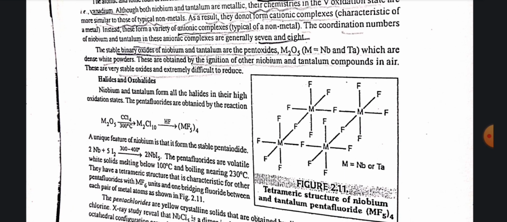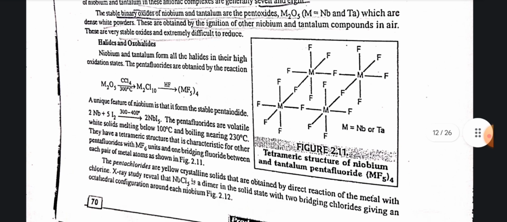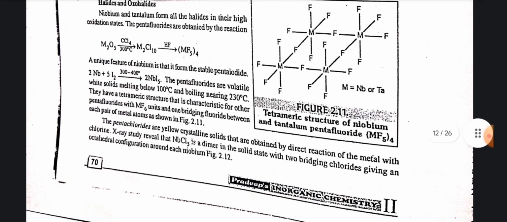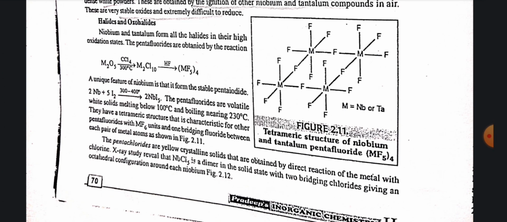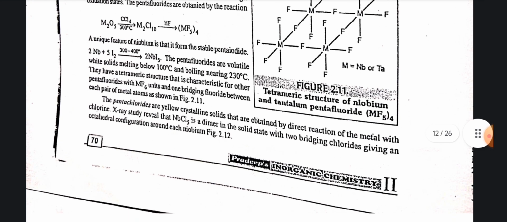The stable binary oxides of niobium and tantalum are the pentoxides, which are dense white powders. These are obtained by the ignition of other niobium and tantalum compounds in air. These are very stable oxides and extremely difficult to reduce. Halides and oxohalides. Niobium and tantalum form all the halides in their high oxidation states. The pentafluorides are obtained by the reaction. A unique feature of niobium is that it forms the stable